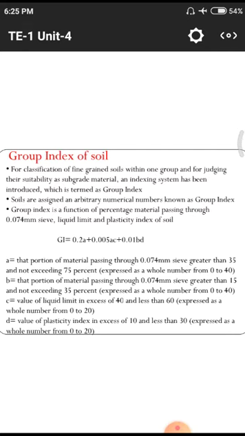Among those n number of things, we have the sieve analysis. First of all, we need to do the sieve analysis with the 0.074 mm sieve, so that it directly gives the particle size of a particular soil strata. Next, we have to do the liquid limit. That means what amount of liquid the soil will absorb, what is the maximum percentage and what is the minimum percentage of water content the soil will absorb.